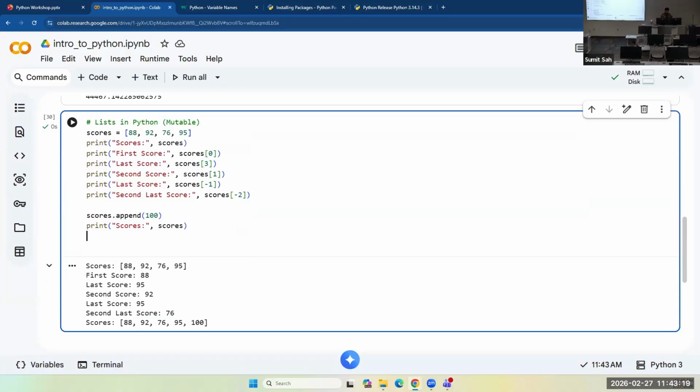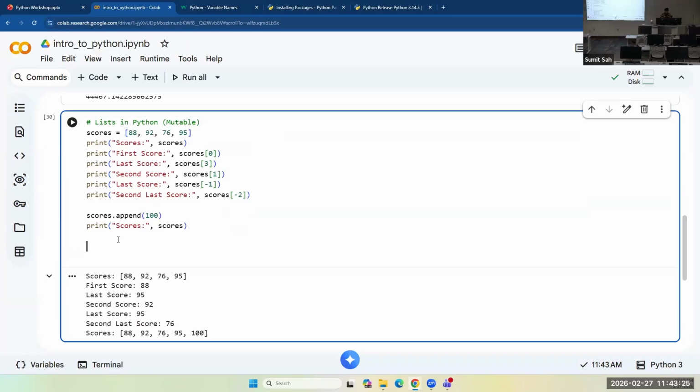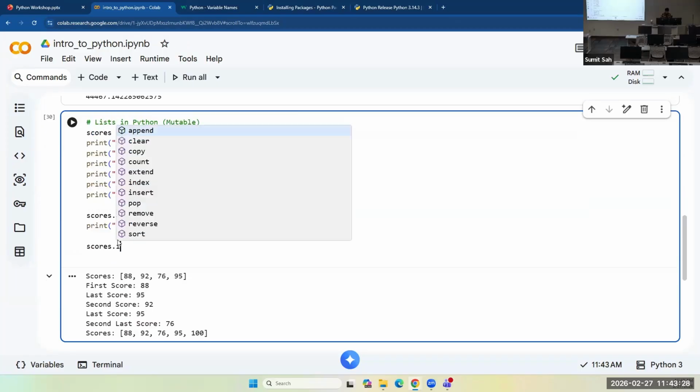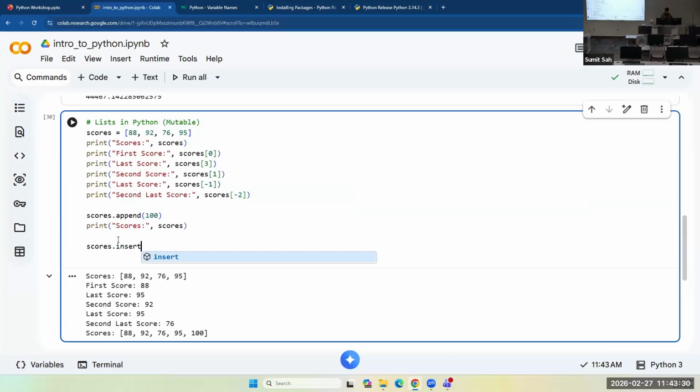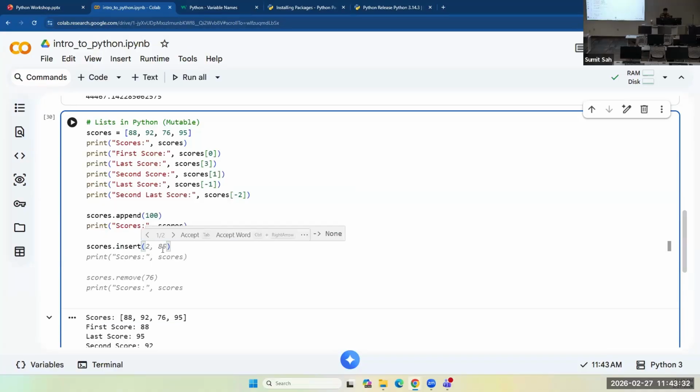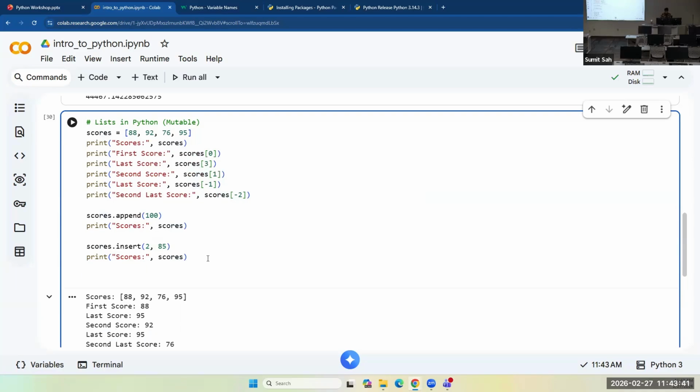Similarly, you can specify where you want to add your value, using insert. Let's say I want the value 85 to be inserted at position 2. You'll see that my position 2 had 76 in it: 0, 1, 2, 2 has 76.